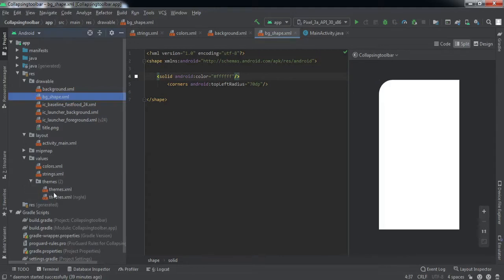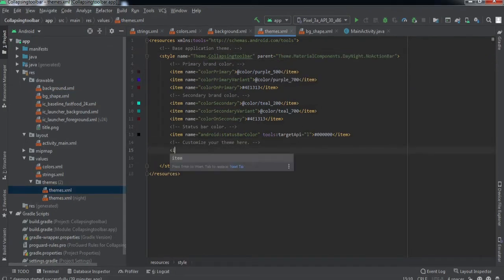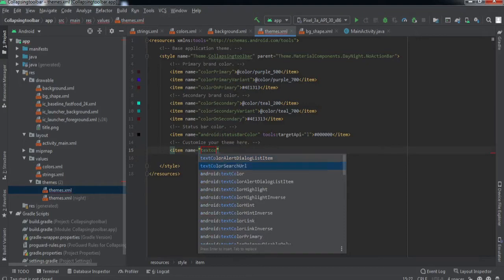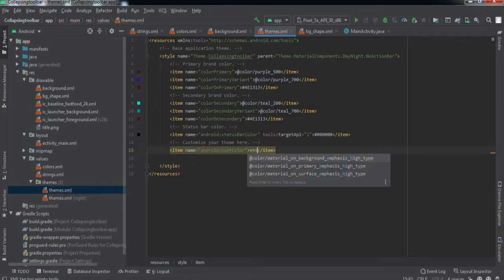Then we'll quickly go to themes. Here we'll change this to no action bar, and in our theme we need to add one more item, text color, and we'll set it to white, right?